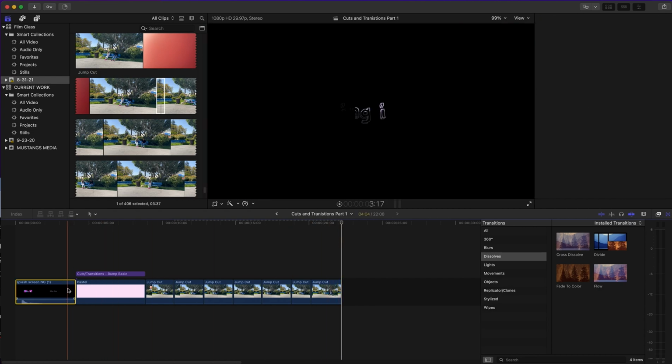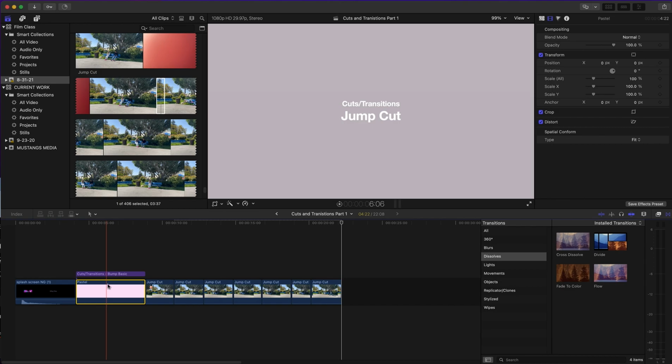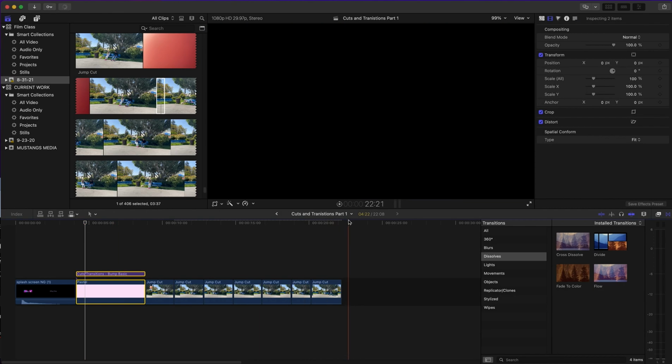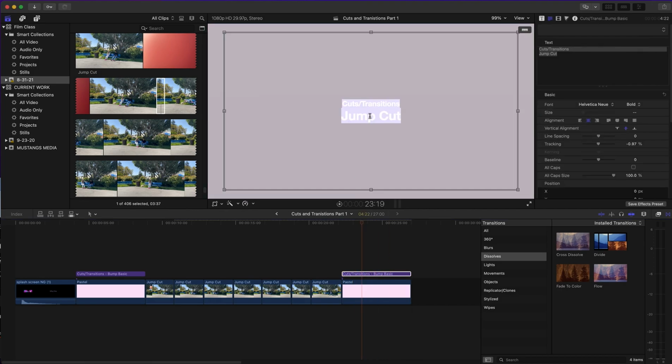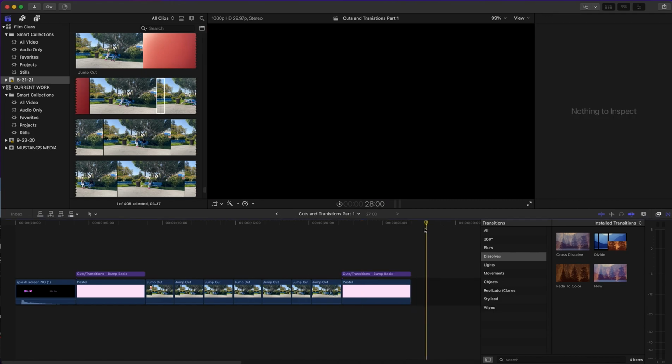And then you're going to go ahead and get this same one, whatever transition you used here, color. I'm going to copy, or actually both. You're going to do this. Click and drag, copy, Command C, and then paste. And then this one, you're going to call it match cut, right? And then you can do the same with your match cut. Match cut. And then add it in here. Okay. Now for these,